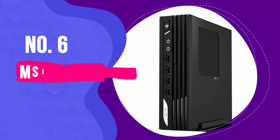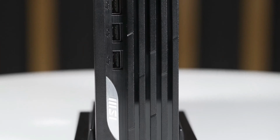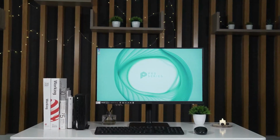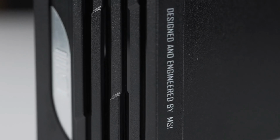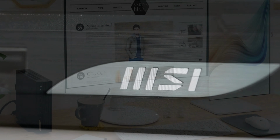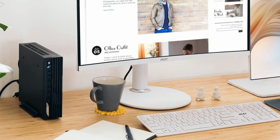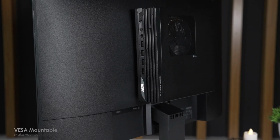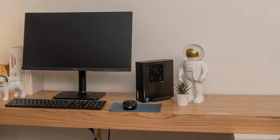Number 6. MSI Pro DP21. It's bulkier than an Intel NUC or NUC Pro, 2.2 by 8 by 8.2 inches, but only 1/10 the size of the mid-towers that dominate the budget desktop market. Yet MSI's Pro DP21 delivers surprisingly perky performance in a petite package that can rest on your desk horizontally, perch on edge in the included stand, or hide behind a monitor